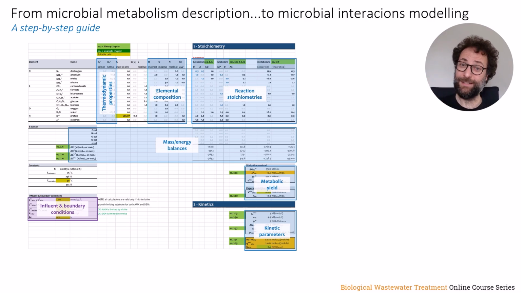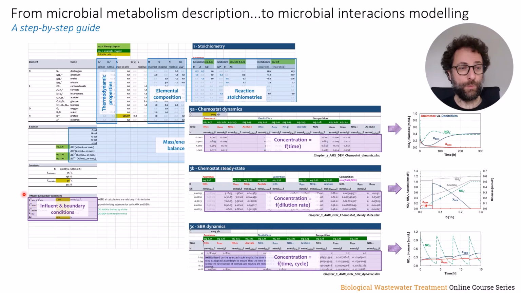model and simulate how different metabolisms will coexist under specific conditions when they compete for the same growth limiting substrate, or how they will coexist if they are in a syntrophic relationship. And what we will do is explore how you can implement all this in a spreadsheet and then obtain the dynamic simulations, the steady state simulations for chemostats, and we will also very briefly touch upon, while you will have the opportunity to play with it yourself, also